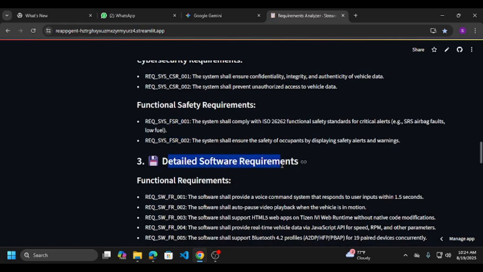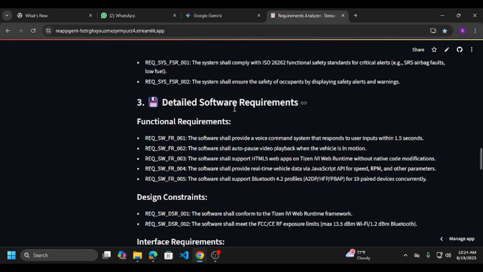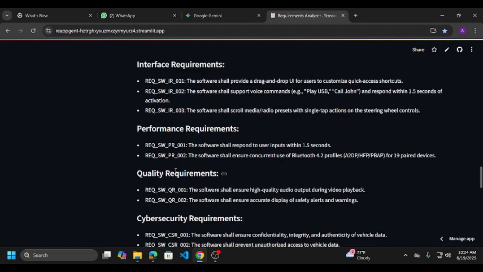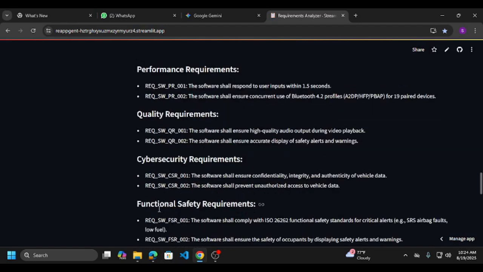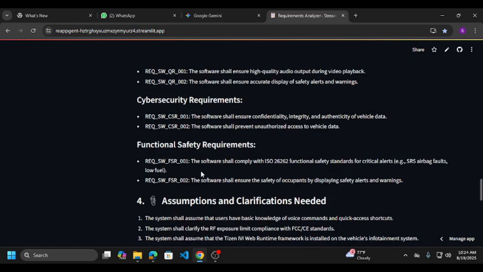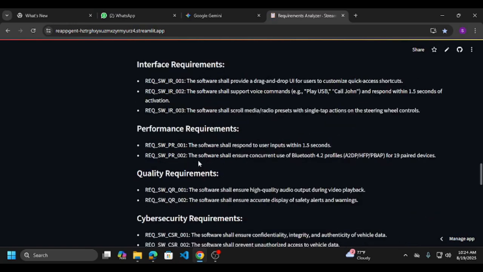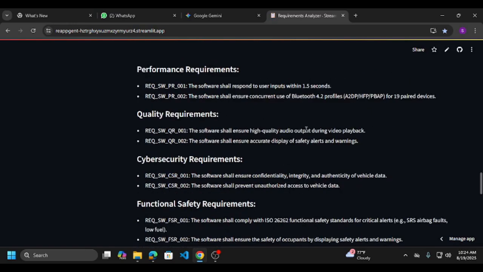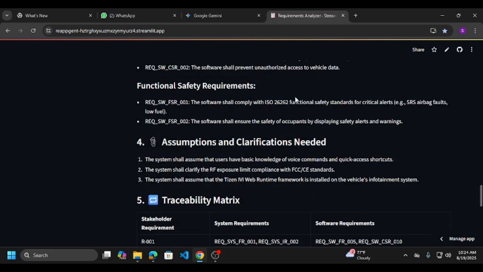Now it has also generated detailed software requirements. It has aggregated software requirements as functional requirements, design constraints, interface requirements, performance requirements, quality requirements, cyber security requirements, functional safety requirements, etc. Now the input provided was much less. So I have told this GenAI application to take some assumptions and create some kind of environment of the chances to create the requirements so that it fits with system and software requirements. So these are the assumptions taken